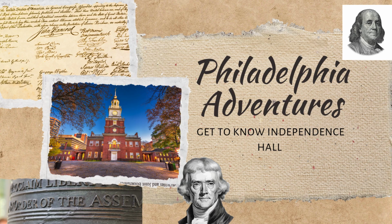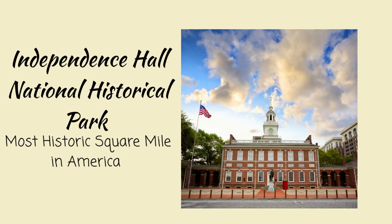Today on American Nomad Traveler, we're exploring the birthplace of America, Independence Hall, where both the Declaration of Independence and the Constitution were written, debated, and signed in 1776 and 1787, respectively. Independence Hall is the centerpiece of Independence National Historical Park, which has been dubbed the most historic square mile in